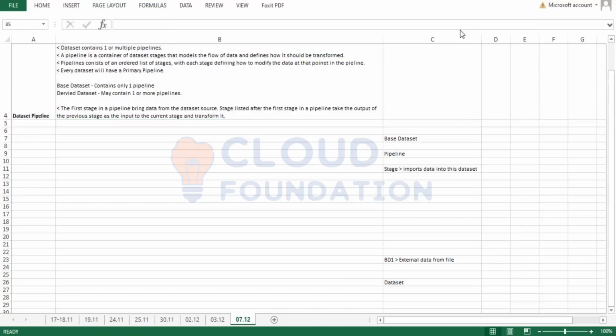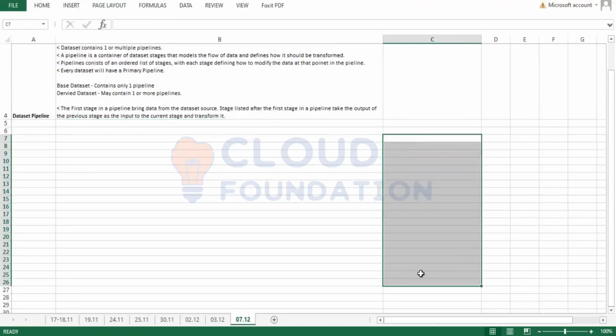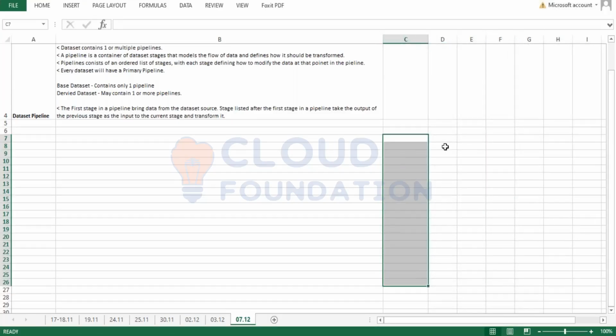So we can visualize this simply as a series. Let's delete this. So I have a series of buckets, right? Which I'm referring to as stages. Stage 1, and then I have bucket 2, and then I have bucket 3,